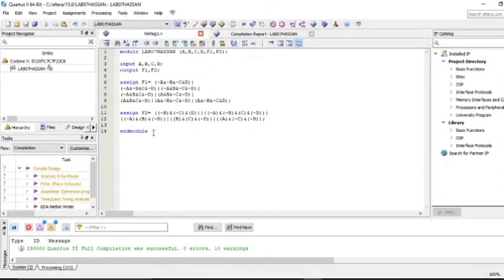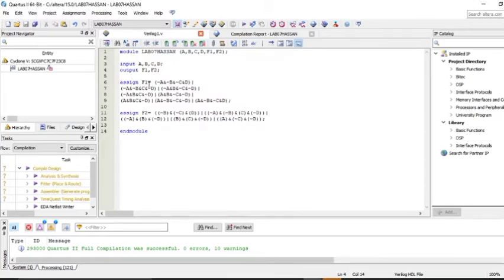Here you have to just name this module by your file name, meaning that while making the project, you have named the file. I have already named the file, as shown here. So the module name is just the same, and these are the total number of inputs and outputs. Here I've assigned the inputs as A, B, C, D, and the outputs are F1 and F2.